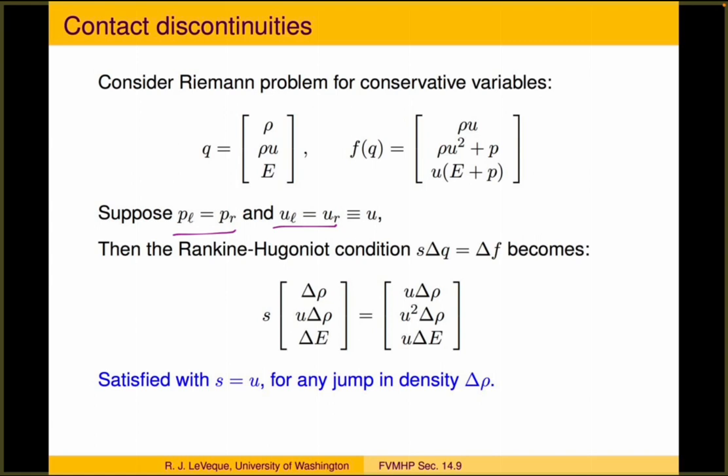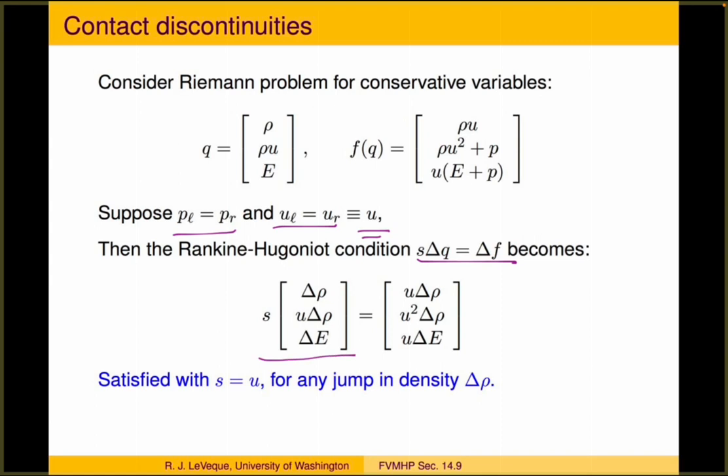So if we assume that the pressure in our left state and right state are equal, and that the velocity in the left state and right state are equal, and call that common value simply u, then if we look at the Rankine-Hugoniot conditions, which in general say that the shock speed, or the speed at which a discontinuity propagates, times delta q has to equal the jump in f, then with these assumptions,